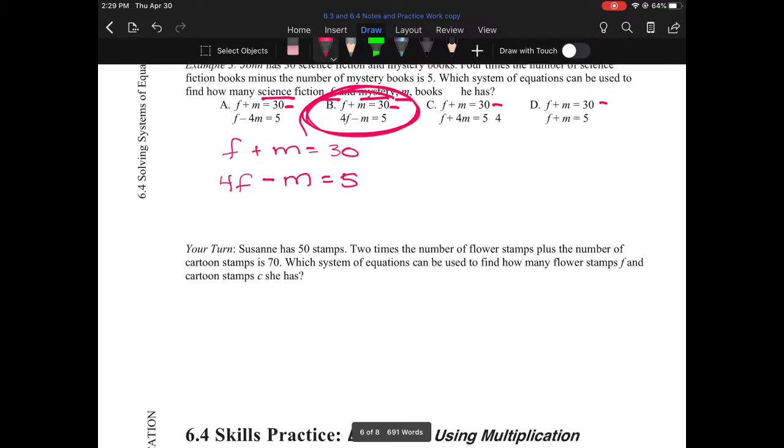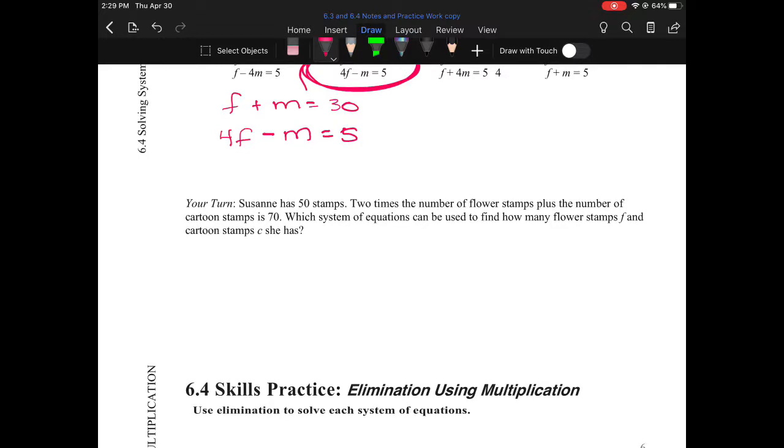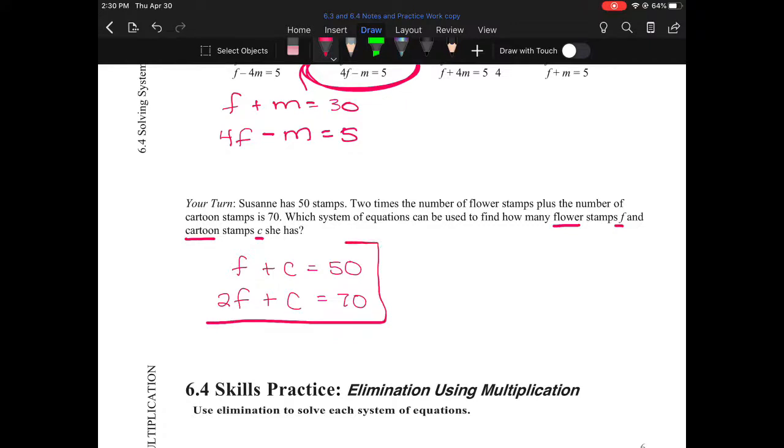So take a moment, try the your turn. This one you have to write your own equations. But I want you to pause the video and give this one a try. All right, so the 2 equations you should have come up with should match those. And then once you make sure